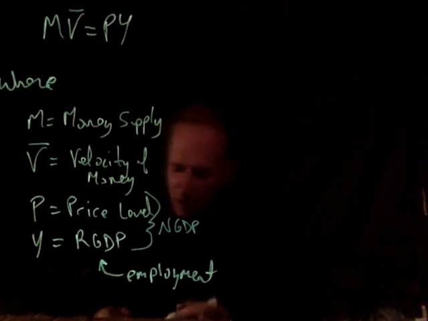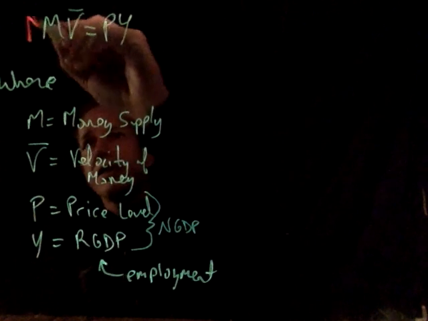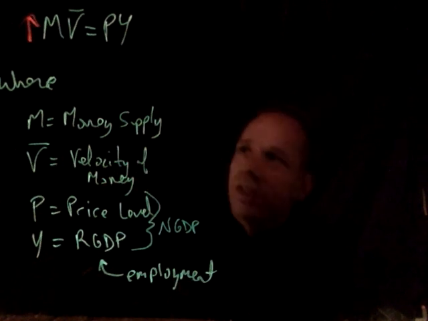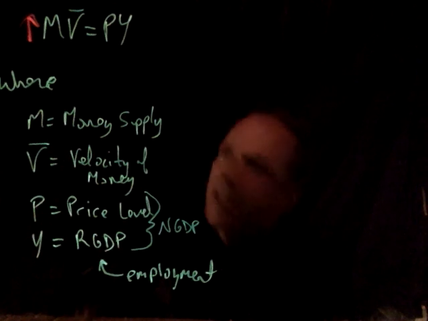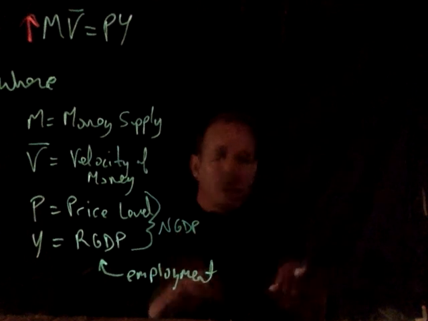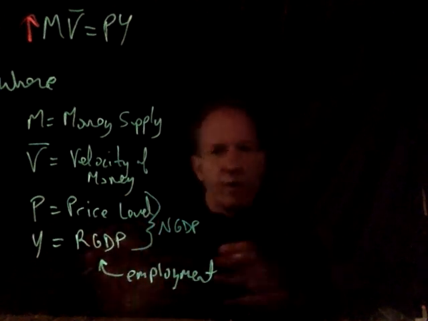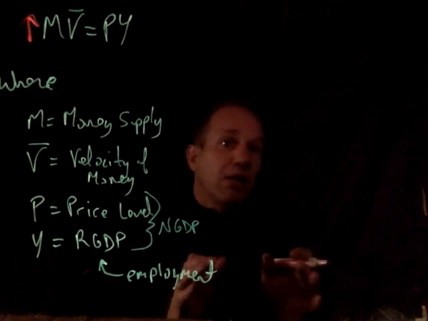Let me change colors. Changes in the money supply. If we increase the money supply over here, something has to happen over there for that to still be equal, right? We can't increase one side of an equation without the other side increasing. The question, and the debate in economics, is what's going to increase, and for how long before the